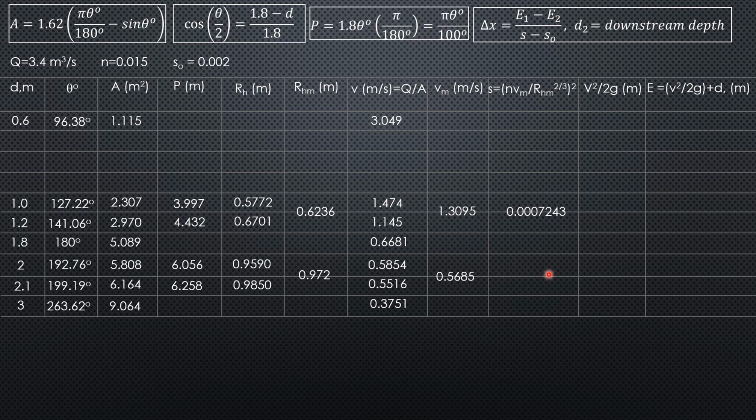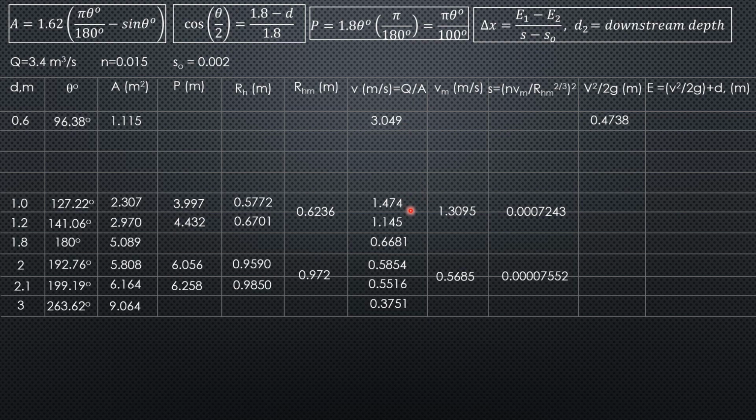Then here, quantity 0.015 times 0.5685 divided by 0.972 to the 2/3, close square. So it will be 0.0000407552. Then for the velocity head, 3.049 square divided by 19.62,